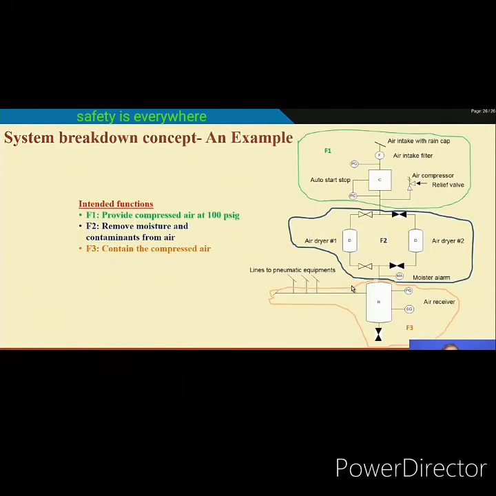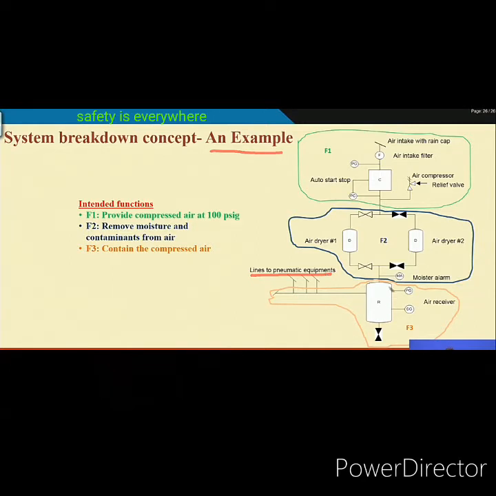Then you see what the approach is with reference to the hardware approach, with an example. The example is a compressor air system. Here is the receiver. I can say it is similar to the pressure tank. It stores the compressed air, and this compressed air is used by a line of pneumatic equipment.